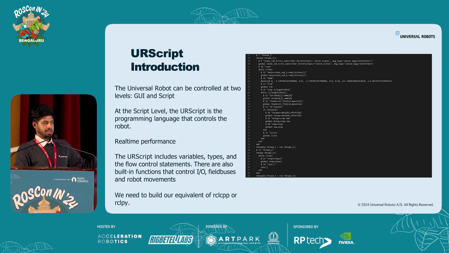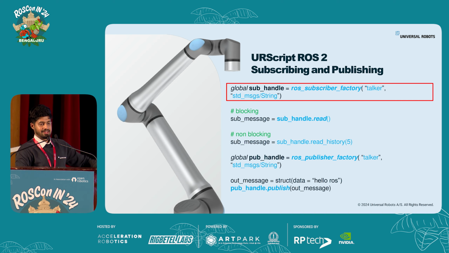So what we came up with was to rewrite rclcpp. We wrote a version of rclcpp internally such that you can have these custom ROS types in your PolyScope X or the URX. So you can create your own message types and then very seamlessly integrate them into the URScript and then write your applications and play around with them. So this is just an example. I won't go into much detail, but this is how your ROS would look in your URScript on the